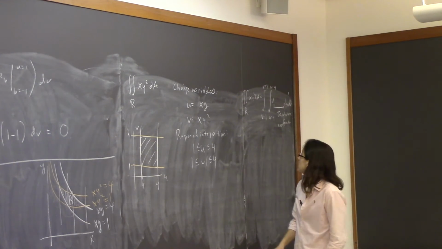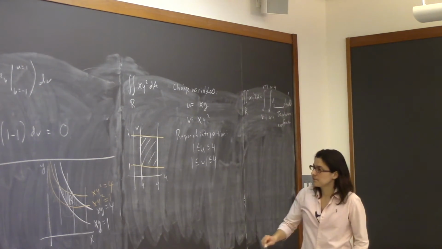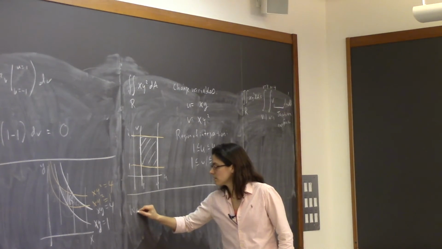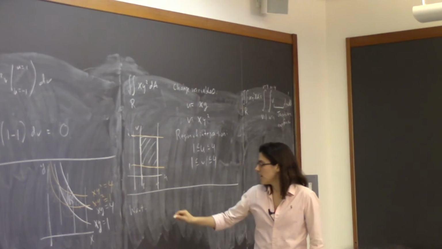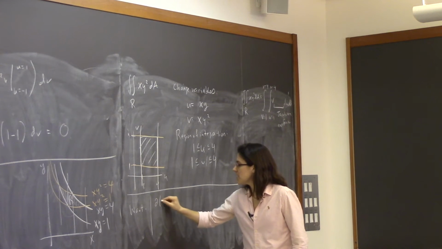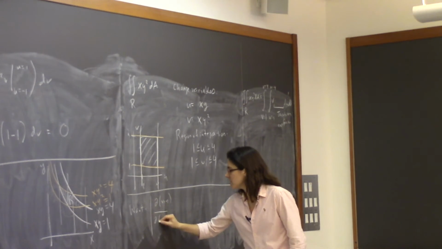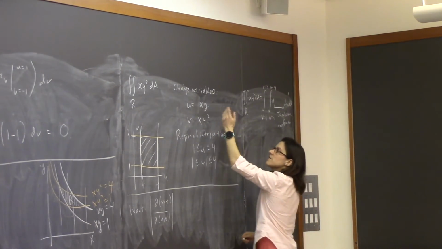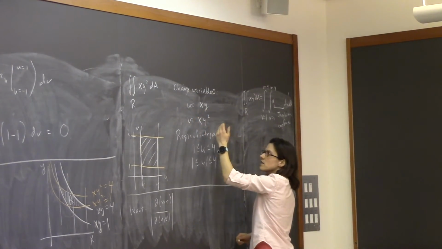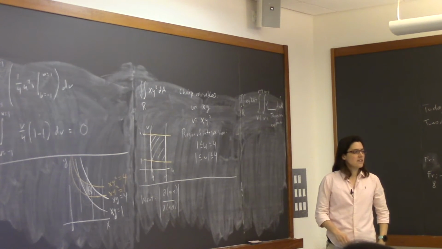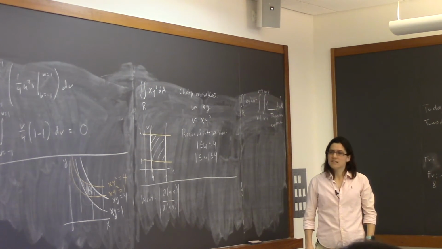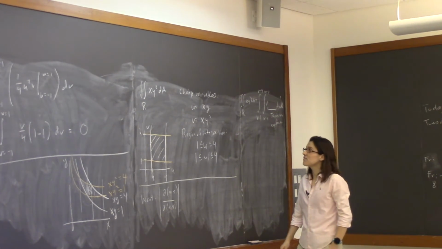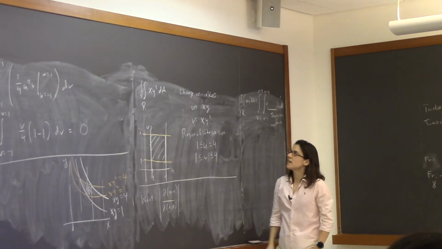So let's do it. So we want d(x,y) over d(u,v). So all we have to do is solve for x as a function of u and v, and solve for y as a function of u and v, and then we'll be good. Who would like to do it? Yeah, it doesn't look like fun, right? So let's not do it.